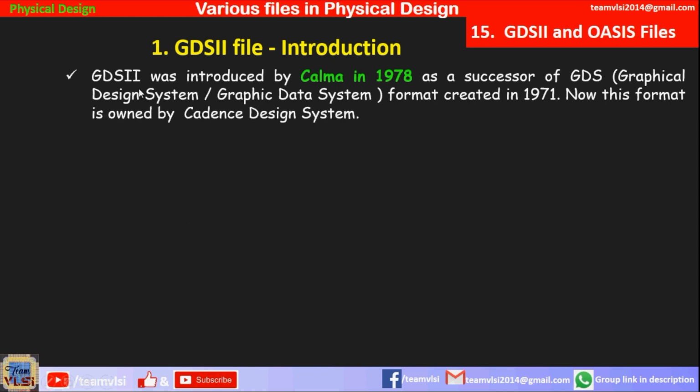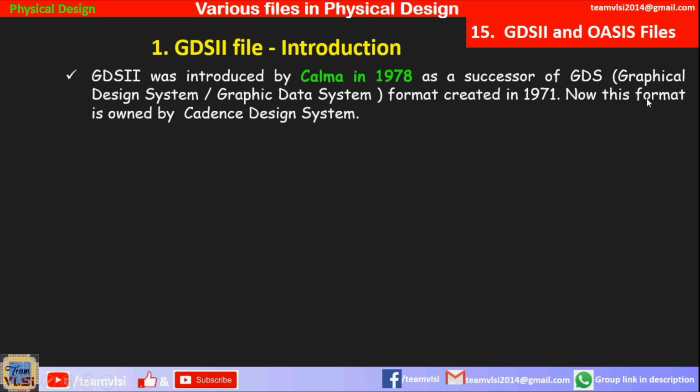The GDS2 file was introduced by Calma in 1978 as a successor of GDS, that is Graphical Design System, or sometimes it is also called Graphic Data System format, created in 1971. So just in 78 it was renamed as GDS2. There are not many changes in GDS and GDS2 format.